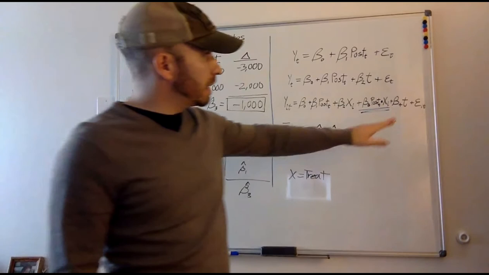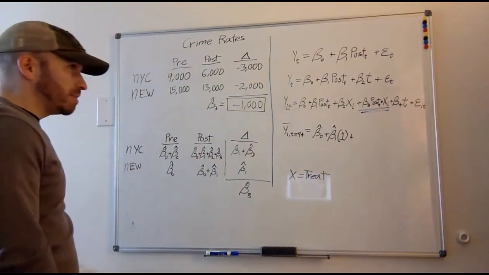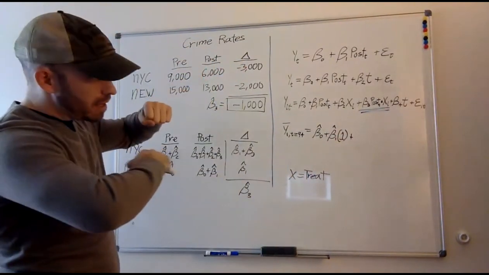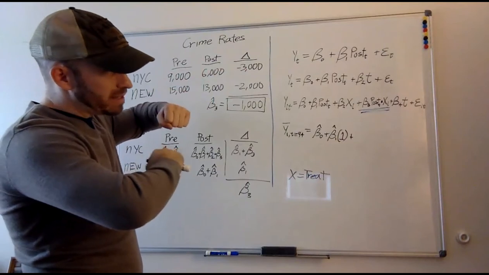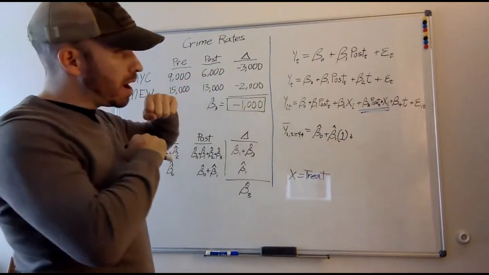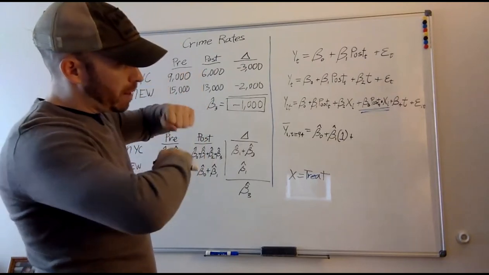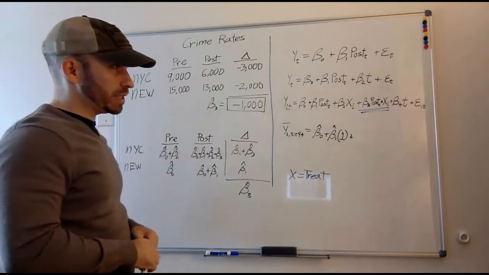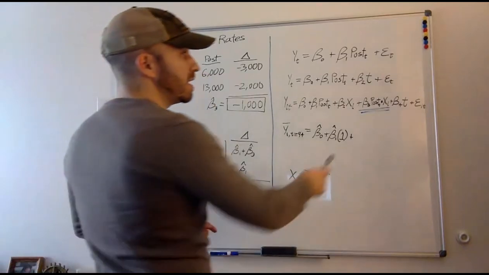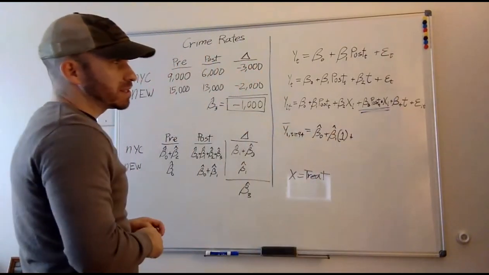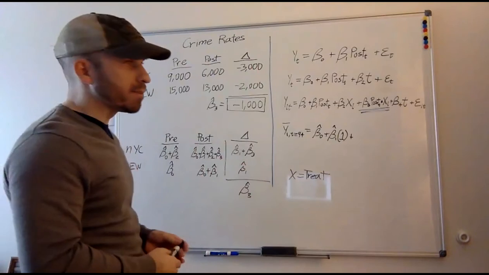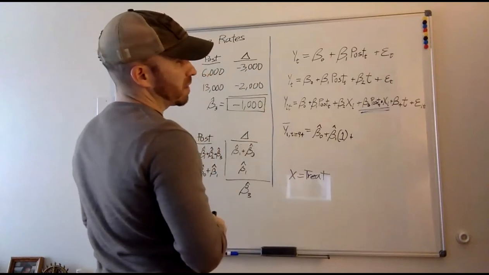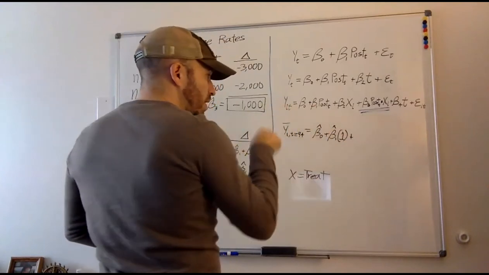That would be accounting for those time differences, but the beta 3 would still be the shift in the expected values of y that occurs when the policy is implemented for the treated group relative to the untreated group. So beta 3, as we add more controls to make our expected values conditional on more things,